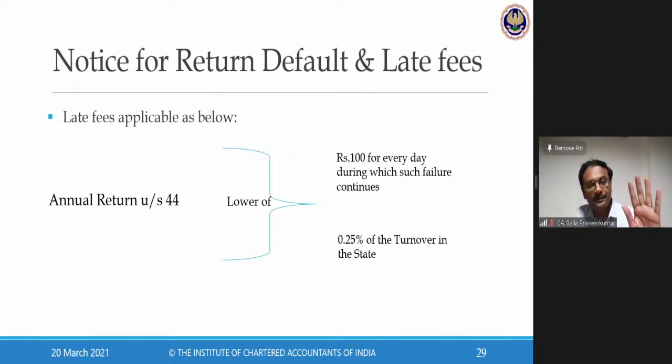Please be careful. All the registered persons in 17-18, many of the people who have a turnover more than 2 crore. I was talking of the example of my financial year, say 180 lakhs. Because of stock transfer, there was an excess turnover of say 200, exceeding 2 crores rupees. Now, if I consider aggregate turnover, even stock transfer has to be kept in mind. If I have to file but I forgot, my exposure is up to 0.25% of the turnover in the state. So friends, this is something called late fee under GST law.